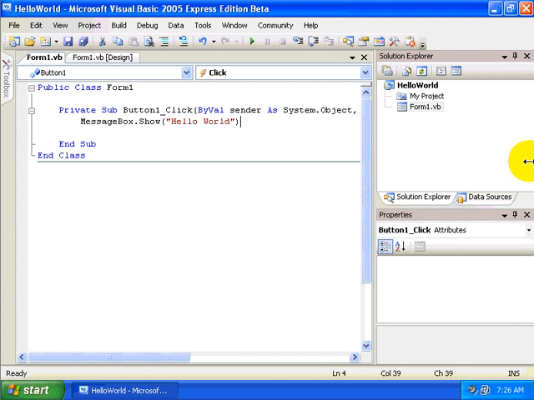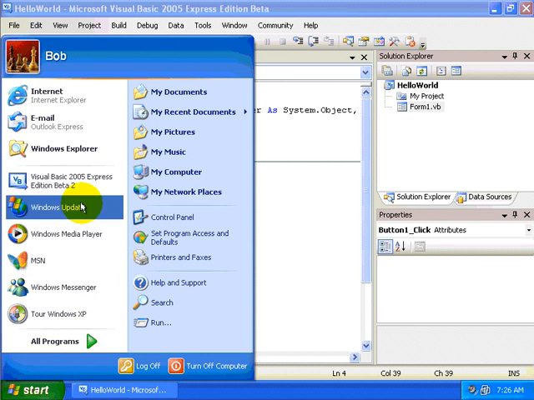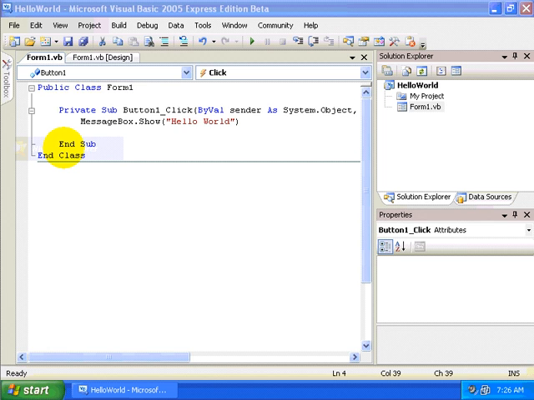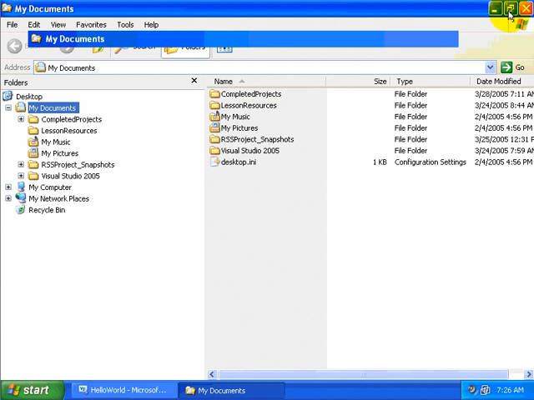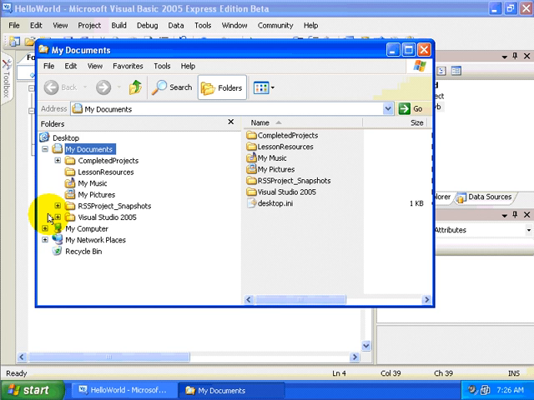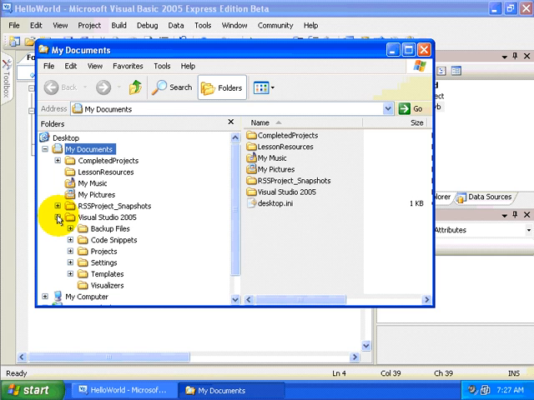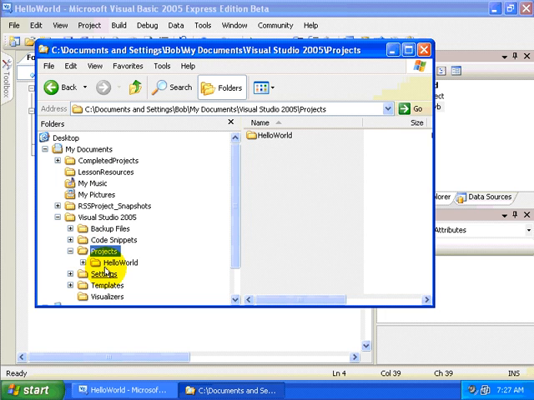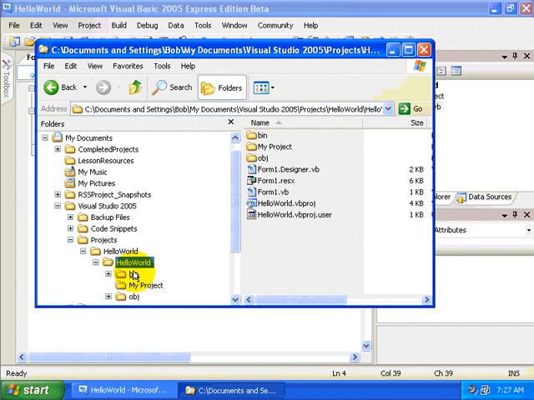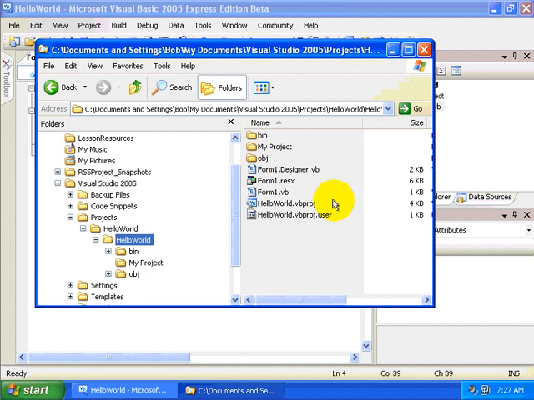So let's do this. Let's go to our file system using the Windows Explorer, and let's take a look at where our source code is saved on our hard drive. Notice that I'm in the My Documents folder, and if you recall, we saved it into the Visual Studio 2005 folder in the projects folder. Notice when we look at projects, we see the Hello World folder. So I'm going to drill in there and notice that we have all the files that are used within our